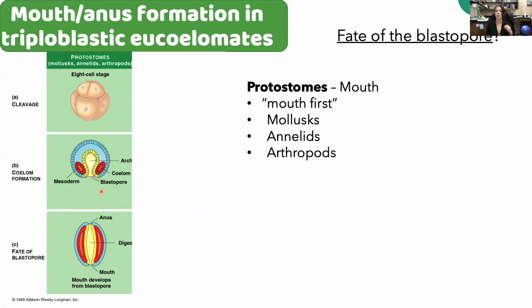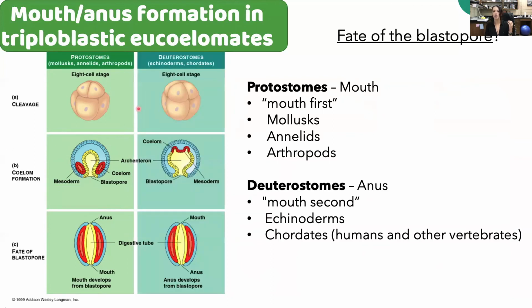Most animals have openings at both ends of the gut, the mouth at one end and the anus at the other end. And one of these openings will develop at or near the site of the blastopore. So in our protostomes, meaning our mollusks, our annelids, and our arthropods, the mouth develops first. In contrast with our deuterostomes, the mouth develops second. The deuterostomes include us, members of the chordates or the vertebrates, as well as the echinoderms, our sea stars and